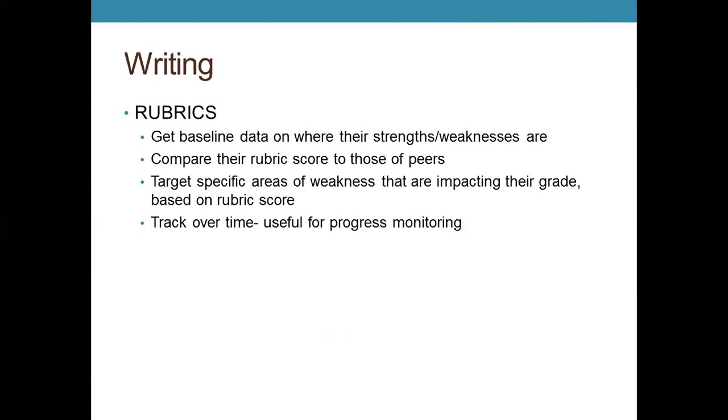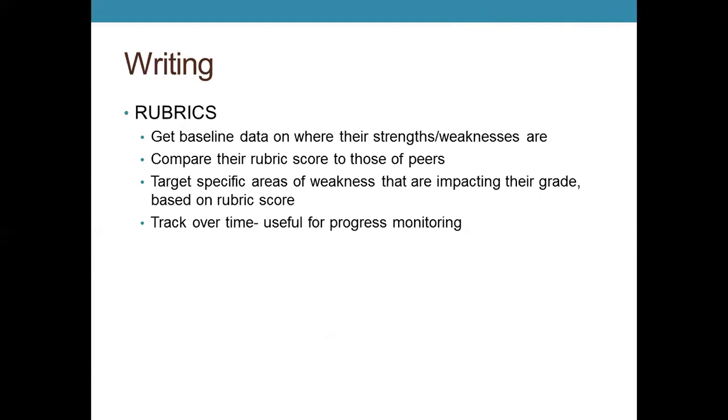We can then target the specific areas that are impacting their grade the most. We can see what kind of general rubric score our student is getting compared to the typical score for the class. And if we're using the same rubric again and again and again with the student work samples, that can be a helpful way to progress monitor to see, are they pulling out of the 1 to 2 zone range on the rubric and up into a level that shows more that they're